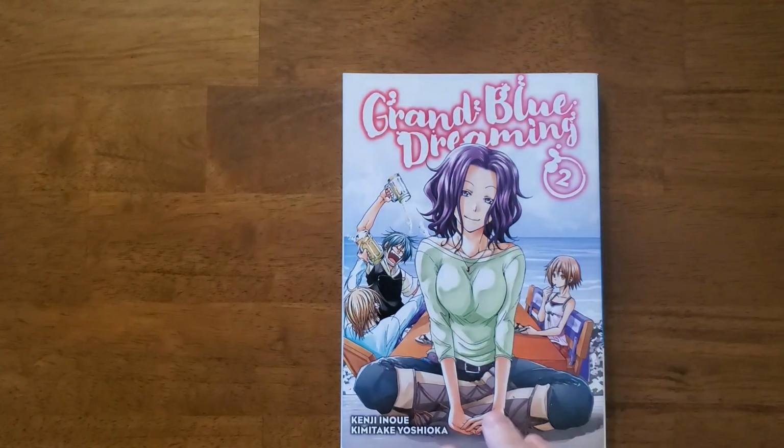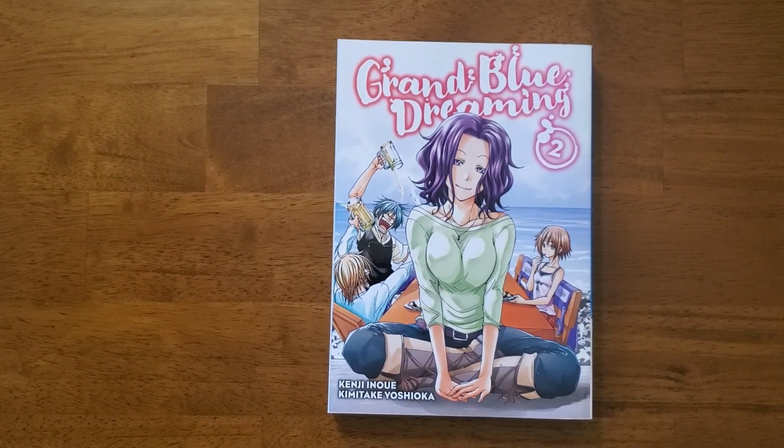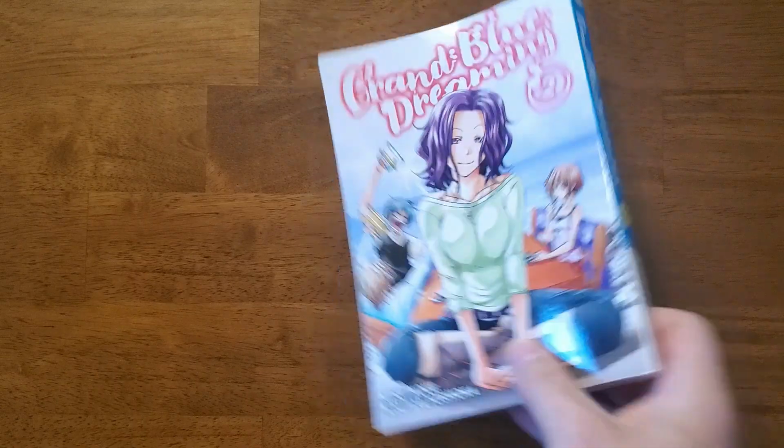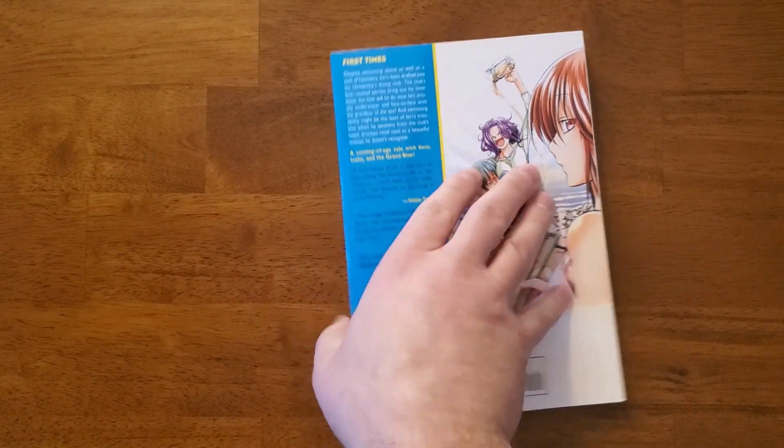Next, it's going to be a combination of a few local used bookstores, Zia Records and Bookman's. I bought pretty much all these on one sweep of a bunch of stores, so I'm not sure which ones were Zia's and which ones were Bookman's. But I got a pretty decent amount from them. The first series I got is a bunch of volumes of Grand Blue Dreaming. This is a series that didn't look like my normal pickups, but it's getting raves from a lot of people I follow, so I figured I would give it a shot. They had volumes 2 through 6 for like $6. They didn't have 1, but I was able to get 2,